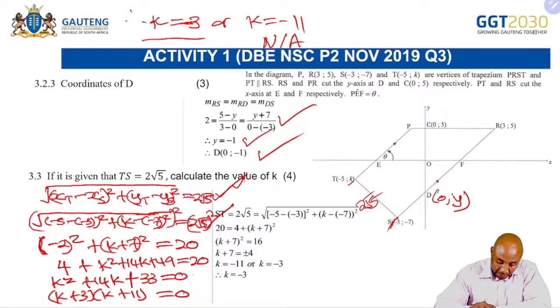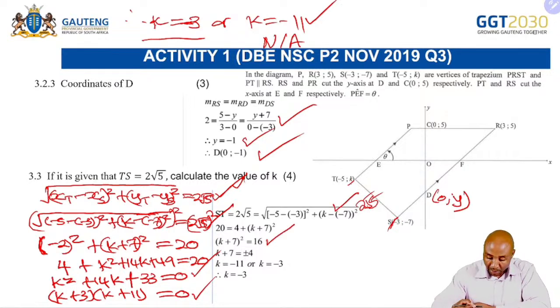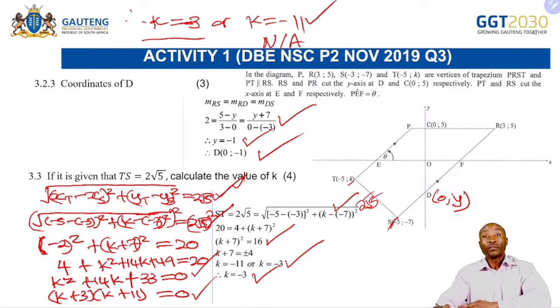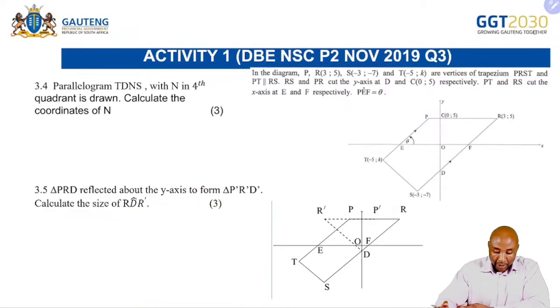Simplifying to get our standard form, we get our factors, and then choosing the correct solution will get our 4 marks. Or if you choose to use the alternative method, again, substitution, the method of getting our solution, simplification, then we get both values of k and the selection of k as -3 there, we get our 4 marks. The next one,